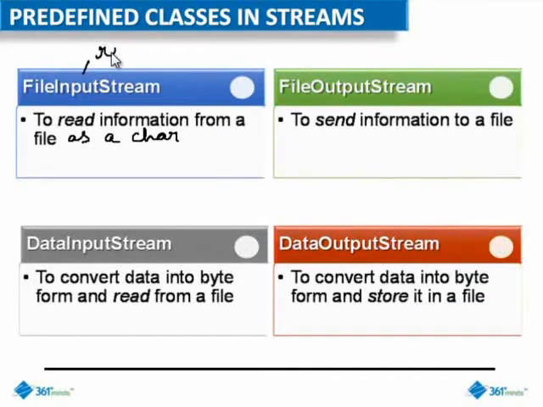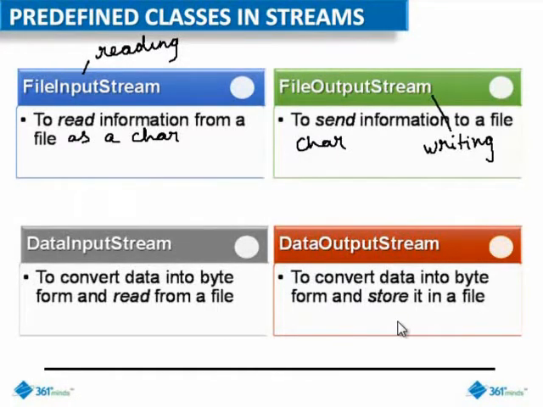So the file input stream reads the file as characters. The data input stream converts the data into the byte form and is then read. The file output stream writes to a file as characters, and the data output stream converts the data into byte